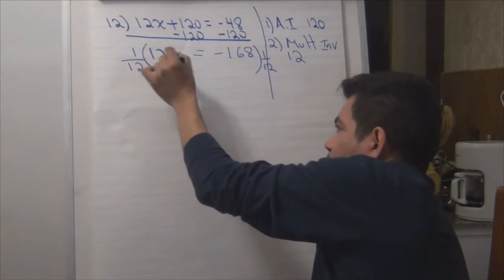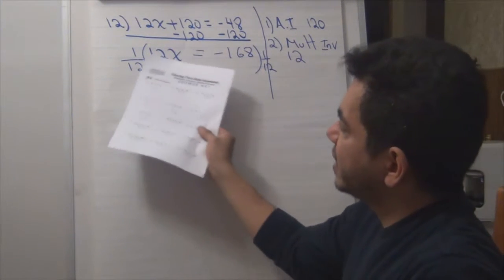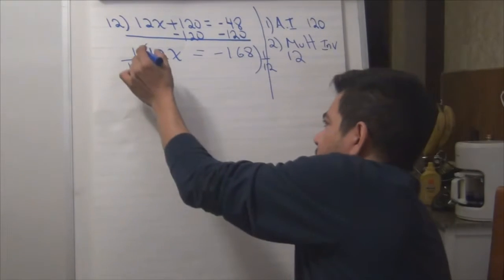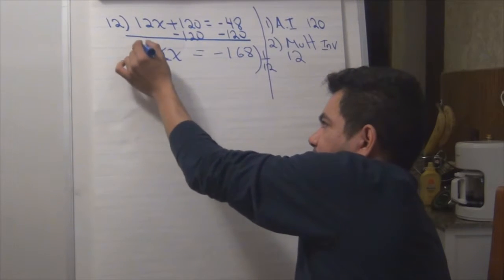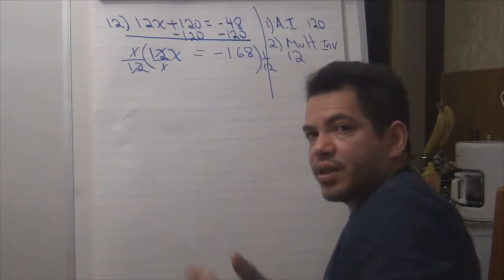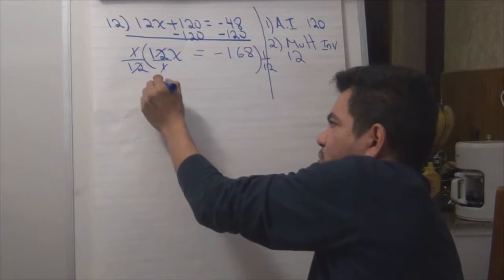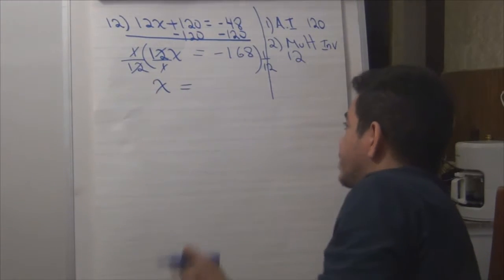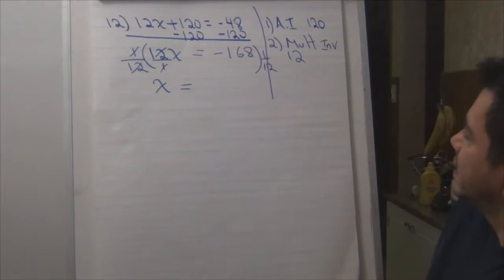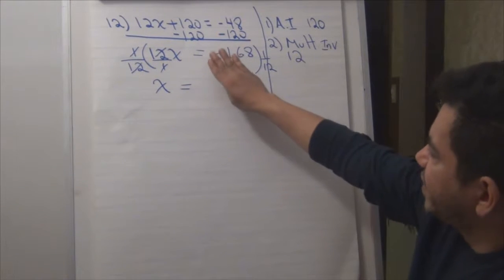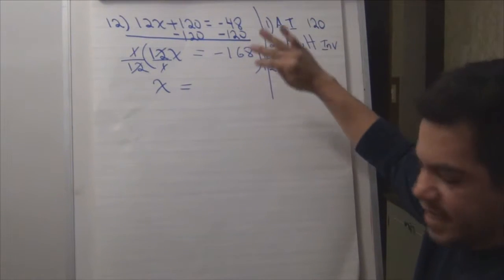Alright. So what happens here? What is the idea behind the multiplicative inverse? The idea behind the multiplicative inverse is to get rid of what's bothering the x. Look, when you multiply a number by its reciprocal, they cancel out, leaving you with 1. 12 times 1 is 12. 12 over 12 is 1. 1 what? Not bananas, but x. And now what is negative 168 divided by 12? Well, negative 168 times 1 is negative 168, because anything times 1 is itself. And then when you divide it by 12,